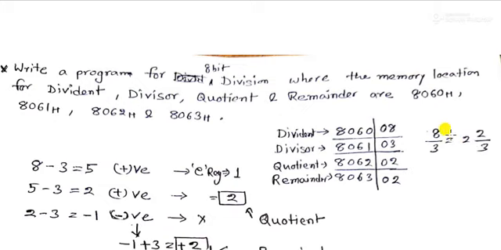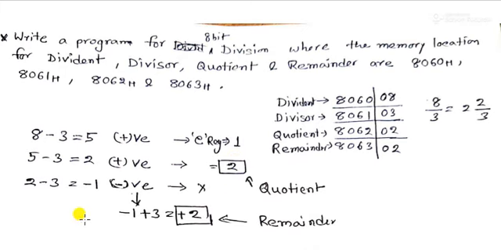So what is the basic operation? There are 8, that is my dividend, and the divisor is 3. 8 minus 3 is 5. You have to check that 5 is a positive value. Then we take a register and increment the register from 00 to 01. If it is positive, that means 8 minus 3 is a positive value, so the C register is incremented. Again 5 minus 3 is 2, a positive value. Increment the C register from 1 to 2.